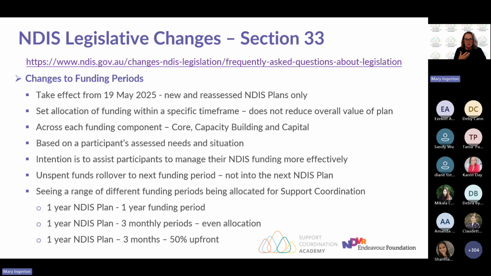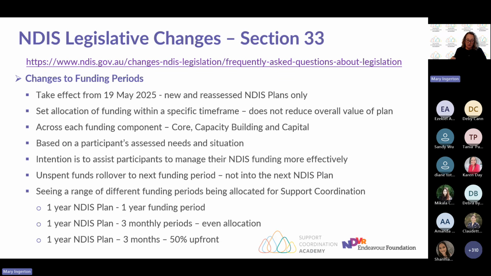So it's really important to get your head around how this is going to work. The NDIS has also advised that supports like supported independent living will likely have monthly funding allocations, to reduce the risk of funds running out. It also reflects the high cost of the support. So often what we're seeing is high cost supports like SIL having more monthly allocations. And then for things like assistive technology, they might have upfront payments, or everything might be allocated within the first funding period, or it might be across the whole plan.